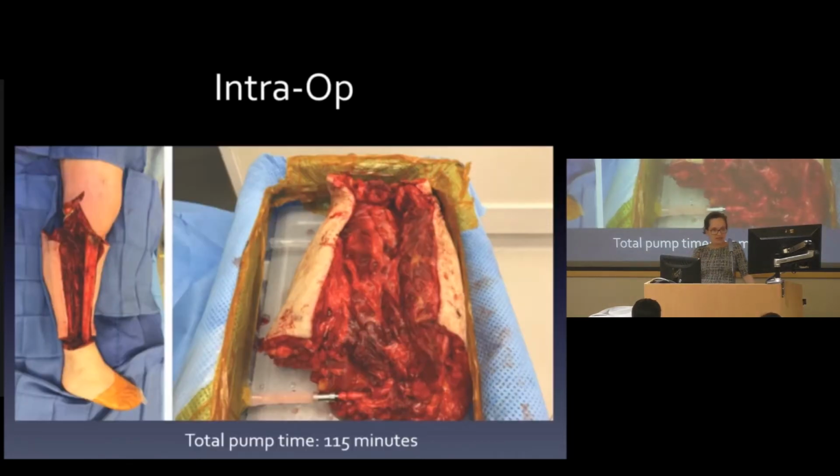So getting back to the case, surgery proceeded as planned. The picture on the left shows the flap elevated just prior to harvest, and in the picture on the right, you can see the disconnected flap now hooked up to the perfusion device. The flap was flushed continuously with pulsatile flow that was set at 61 beats per minute and a systolic pressure between about 90 to 100 over 60 to 70. The total pump time was 1 hour and 55 minutes.